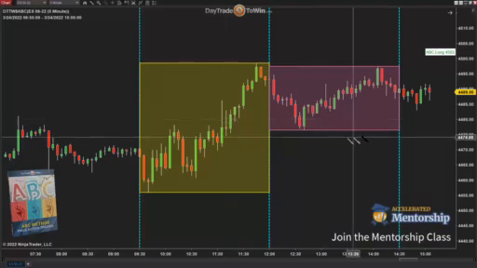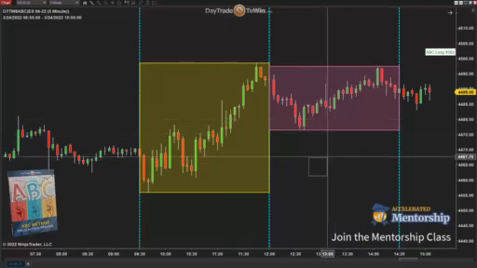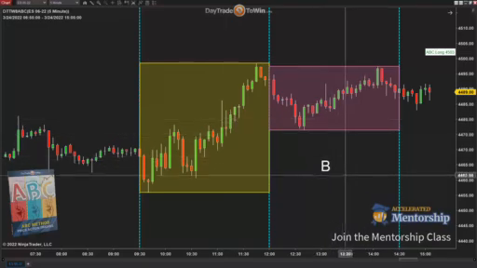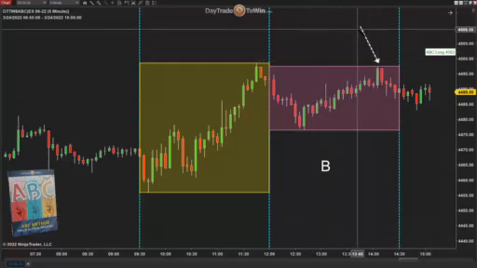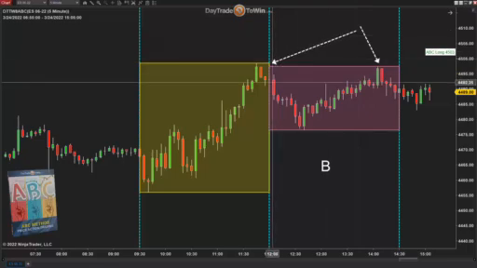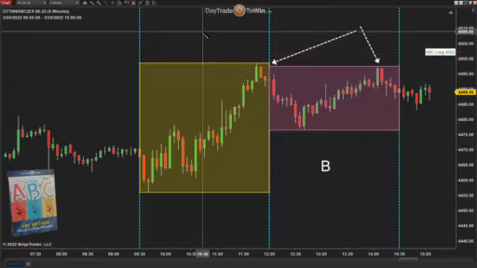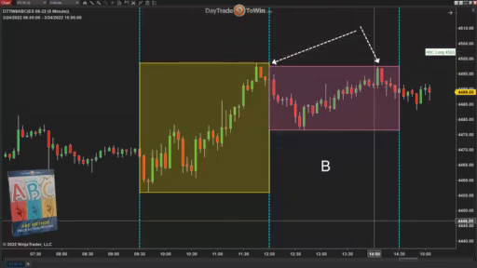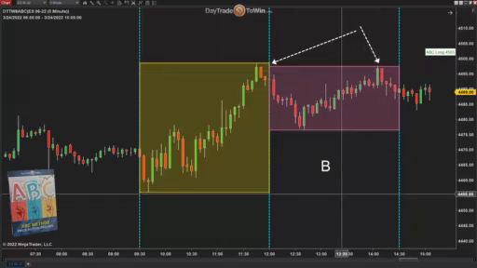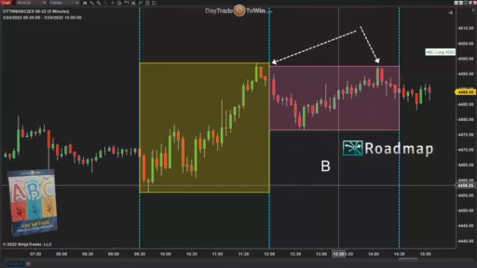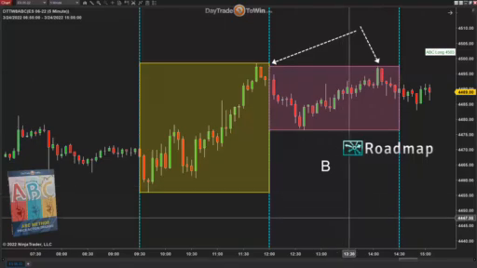And then as we get into the middle part of the day, very important, will it continue or will it get stuck? And you can see the market tested. You can consider this another term, a double top for the moment, where the market tested, very important, the range of A. It didn't go through it. It bounced off of it. So again, you could take this as a counter trend trade. Great with the roadmap software. The roadmap is a method which takes advantage of situations like this.